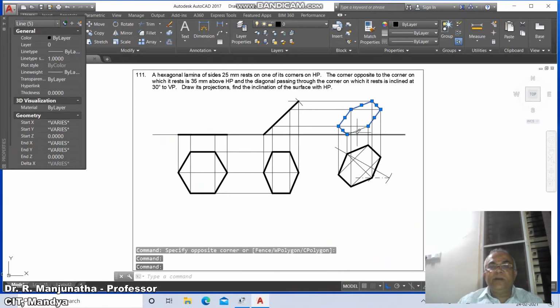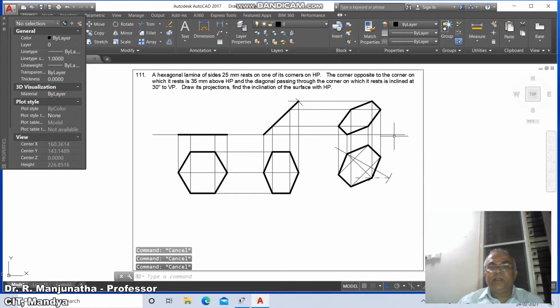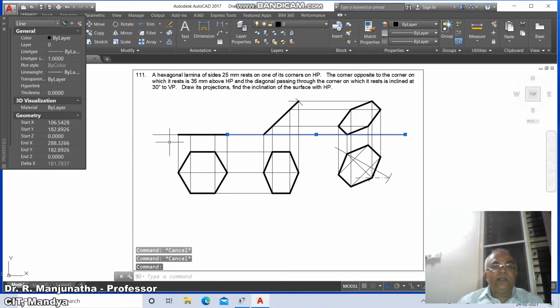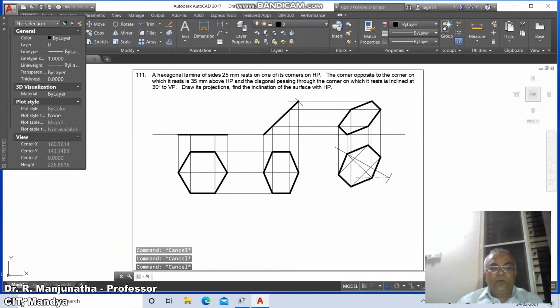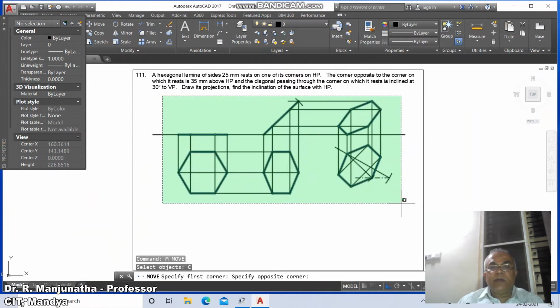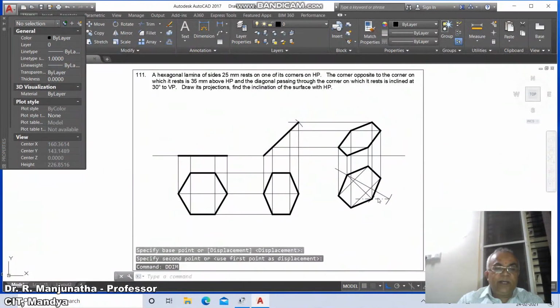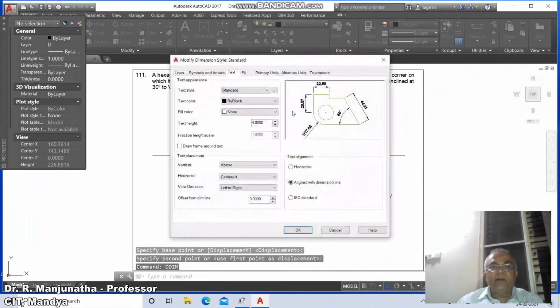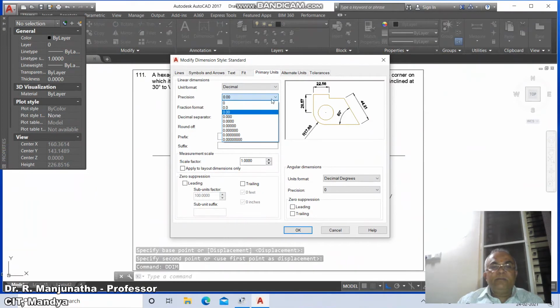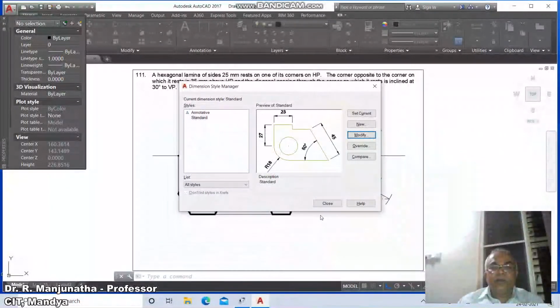Since this is the front view, you select the layer as view, so automatically the line thickness will be changed. Now you select this and you select this, make this layer as XY, and then go to move, select this entire drawing and make it to be down. Then go to DDIM, then go to modify, go to primary units, make this precision as 0 and say OK